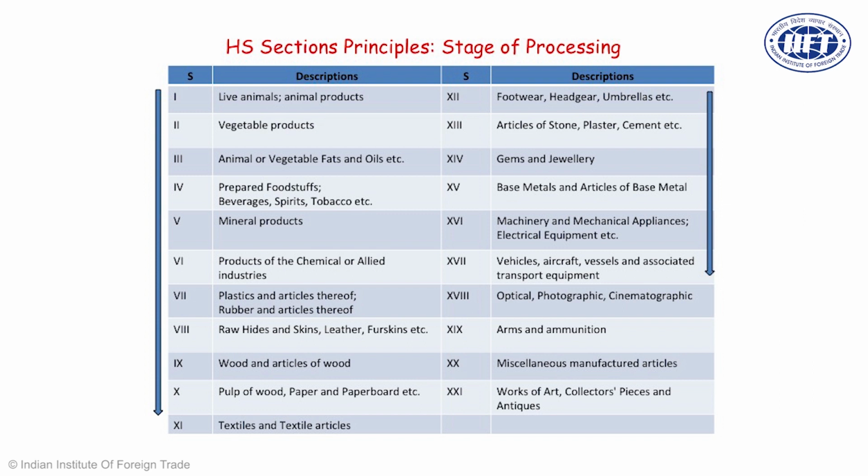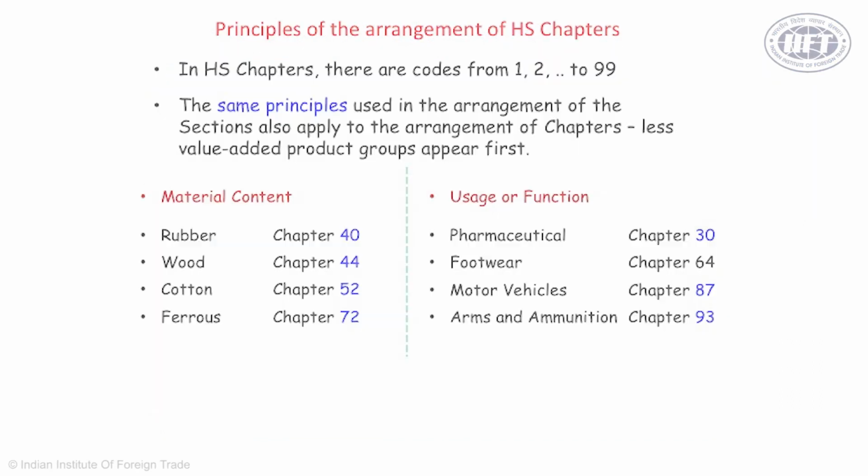In case you are looking at your products within a chapter or heading, there are 3 rules of thumb that you can follow. 1, as I said, it is the material content that we might check. If a product is made of rubber, then it comes under chapter 40. If it is made of wood, then it comes under chapter 44. Likewise,